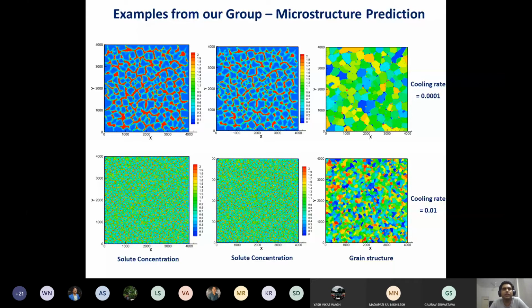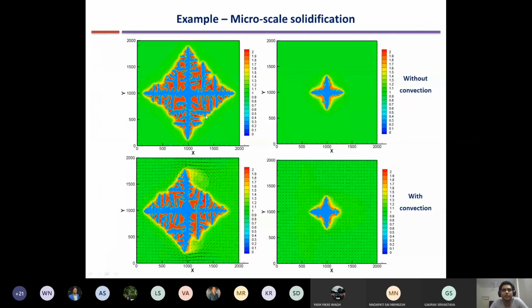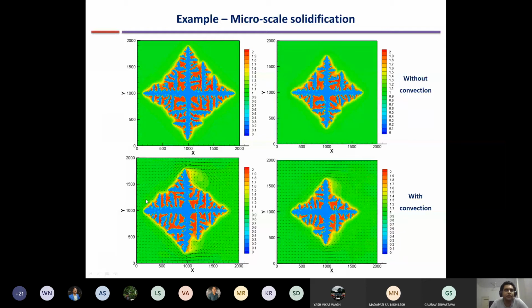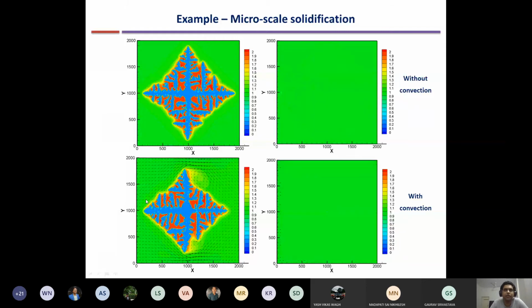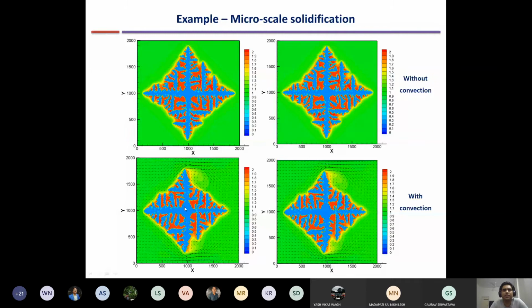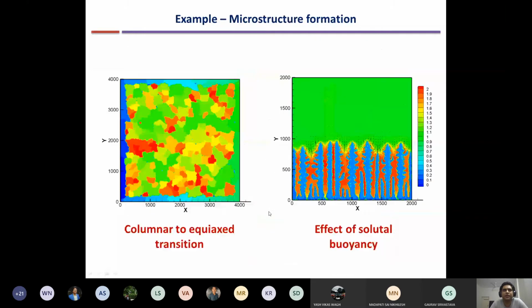Similarly, what is the effect of flow on a single dendrite? Things like that, and you can see how we can also get very complex results. What is a complex dendritic shape? Nowadays it's possible to use X-ray during actual welding or casting, and you get to see that the actual particle looks like this with lots of branches. These are known as dendrites, and we can also predict the effect of flow, things like that. Similarly, other types of microstructure.